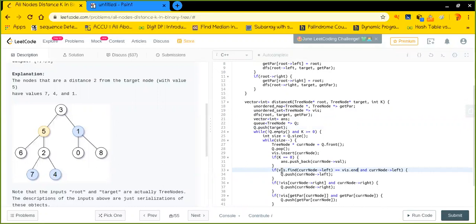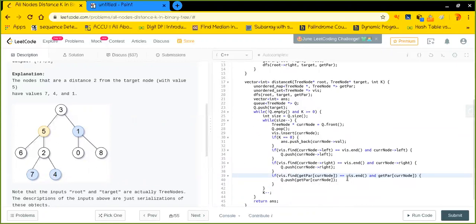So visitor dot end, and let's do it for everything, because I have treated all of them as a vector, not as a set. Cool, I guess it is pretty much clear to you.